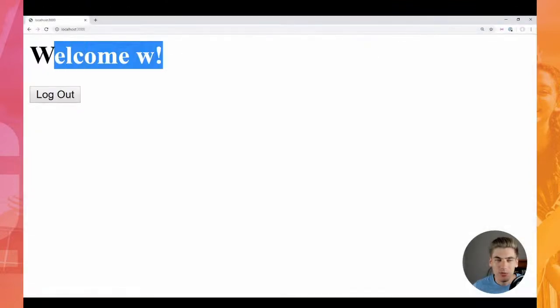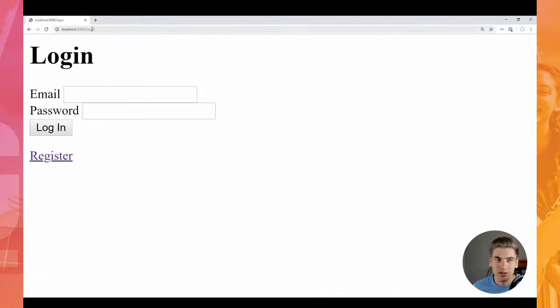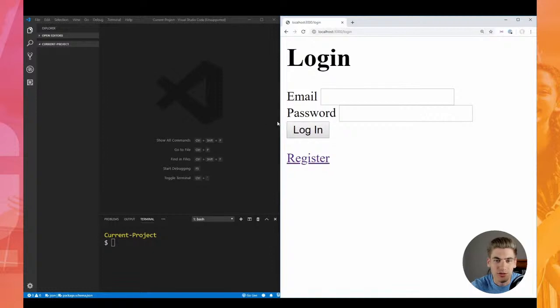Redirects us back to this home page because we're already logged in. As soon as we click log out though, it's going to bring us back to login. And if we try to go to that home page, it won't let us. It's just going to redirect us back to the login page. So now that we know what we're building, let's fire up Visual Studio Code, and we're just going to have